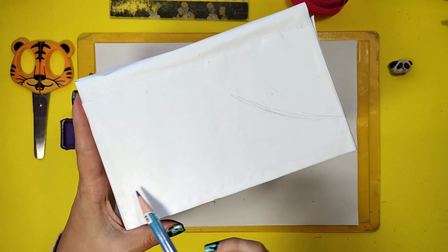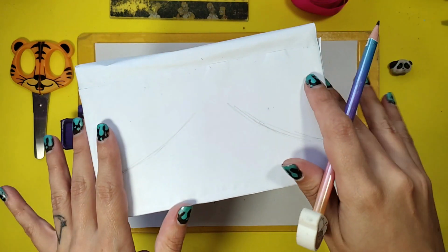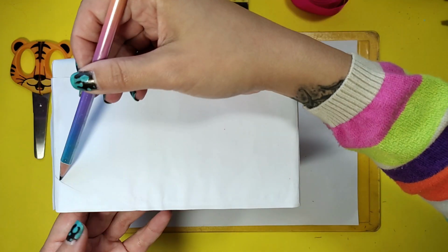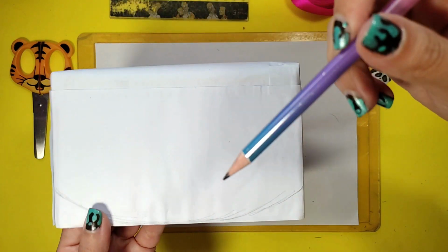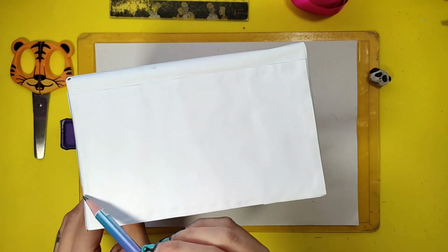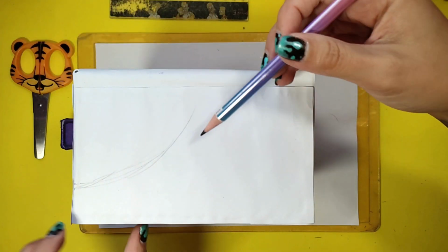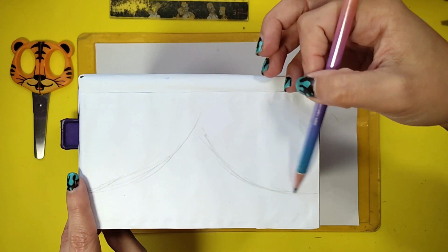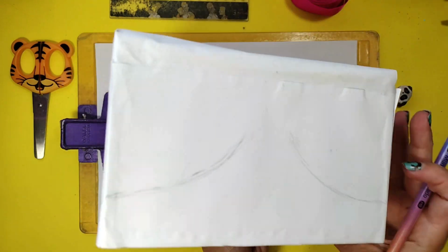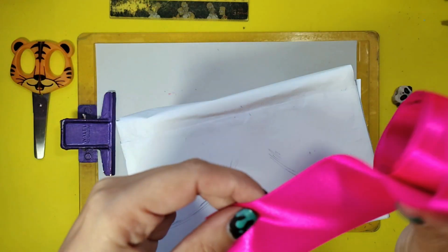For the front and back are two curved lines, and in this part of customization, it's time to use all of your creativity. You can make the surprise box you like the most, or even invent a new one. Can you imagine having a box inspired by you and the things you like? I already made a Kit Kelly surprise box. Now it's your turn to make yours. If the curved lines don't match in the middle, no problem, cause the junction will be covered by the ribbon